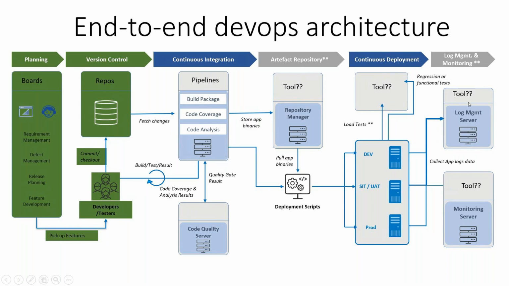And log management and monitoring, as I told you, is a separate set of tools which will not fit into that category, because that goes to operations teams, who will work 24 by 7, right? You will not get into this one. You will always work with the development teams. You are a part of the development team. This is the target. Always look into this diagram daily, it will fix into your mind. If someone asks you what is end-to-end DevOps architecture, what are all the things that you have to do in DevOps, then this is a single page that you need to remember.